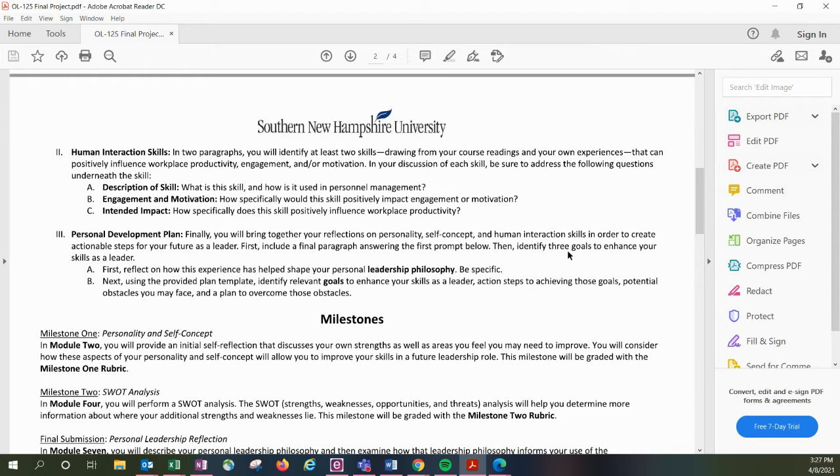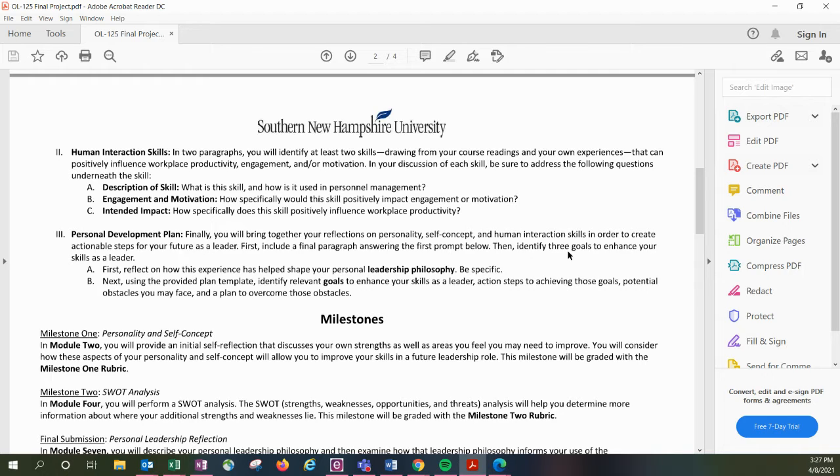So make sure that you're going back and taking a look at the feedback that I gave you on our short paper where we went over that, because that's going to be really important in helping you shape this particular section and maybe even leaving yourself less work, because these are areas that we've already touched on in this class. So again, 2 skills, you could potentially just have 2 paragraphs. First paragraph would be for the first skill, second paragraph would be for the second skill. You really want to keep these 2 skills separate here, and you don't want to be jumbling them all together, and I'll explain why in just a moment.